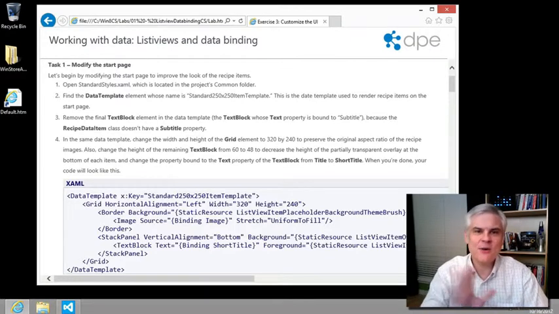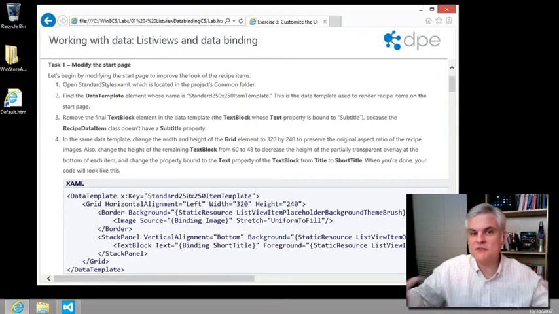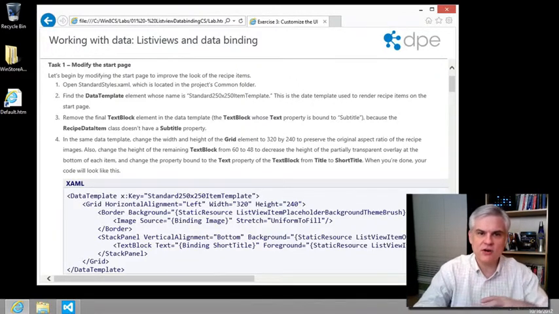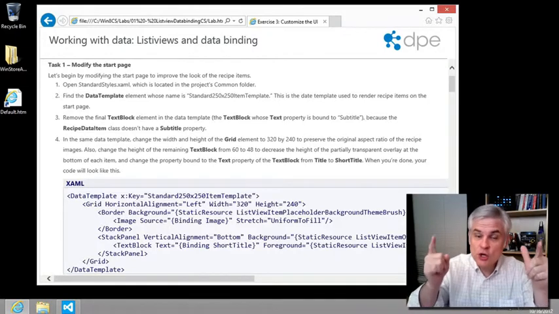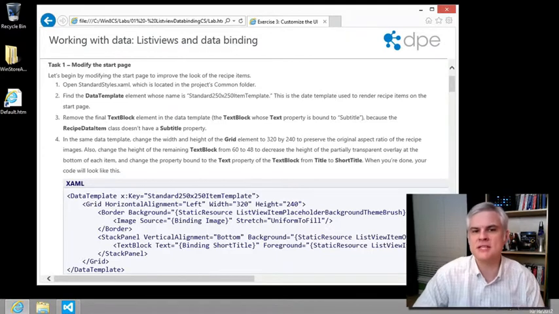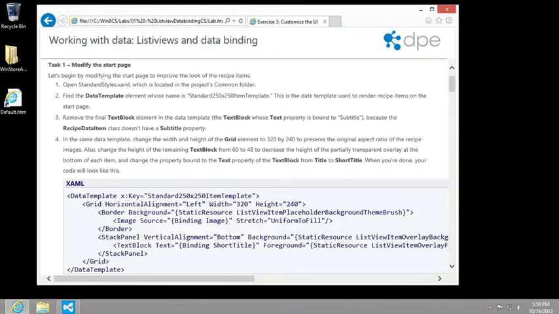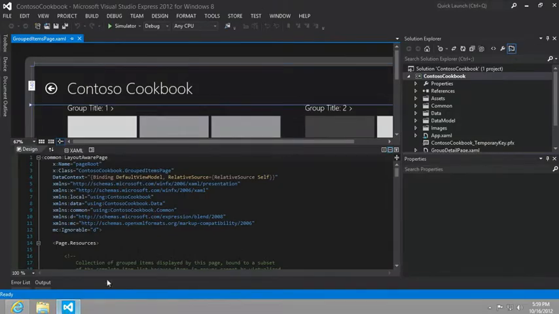All right. So how do you actually create flexible layouts? Well, building flexible layouts that work equally well in all of these various states and scale nicely across these different resolutions could involve a lot of hard work. Fortunately, we can use the built-in XAML controls in the Visual Studio Grid app template, which handle a lot of the complexity for us. So in the Grid app template, each of the 3 pages have a different layout, as we've seen already. All right, so let's open up Visual Studio, and we're going to start in the grouped items